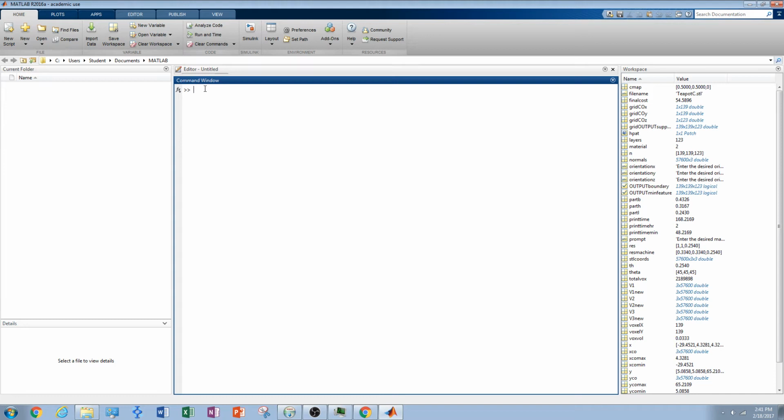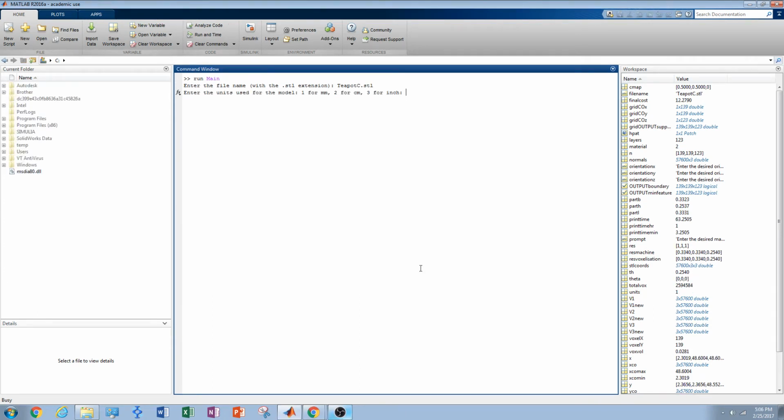Now once you have done this, to run the tool you just have to type a run command and the name of the file which we have to run, which in this case is main. So I write run main. First it will ask you to enter the file name. You have to enter the file name with the .stl extension. Whatever the name of the model you're trying to print is, you write that name followed by the .stl extension. Here I am using a sample teapot model